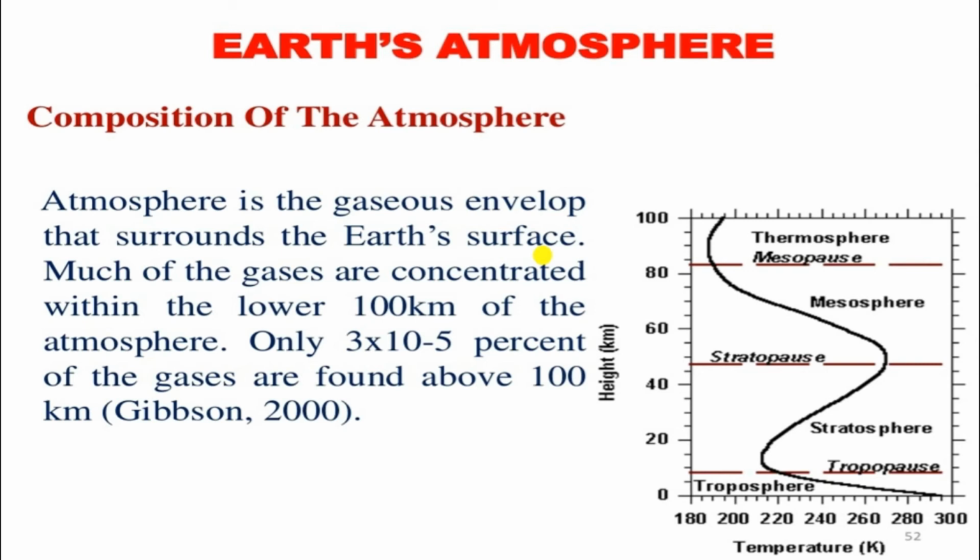The stratosphere is contained between 25 to 60 kilometer, and its temperature is generally 260 Kelvin. And the troposphere is contained between 0 to 20 kilometer, and its temperature is 220 to 240 Kelvin. At the base, the temperature is nearly 300 to 280 Kelvin, related to the earth's surface features and conditions.